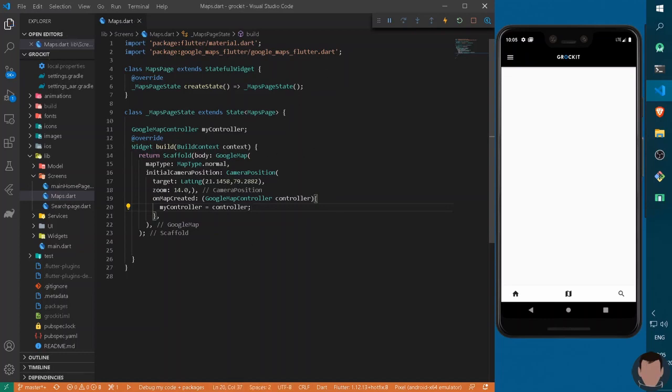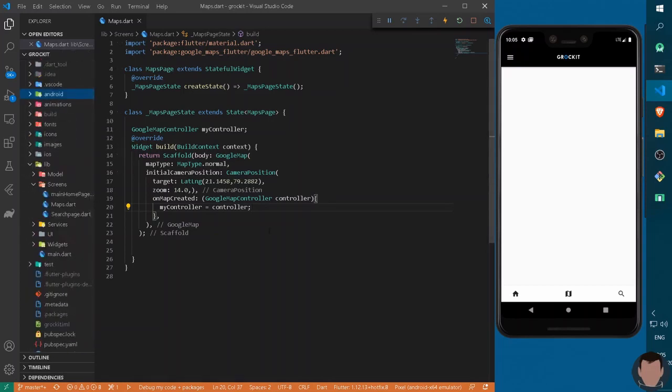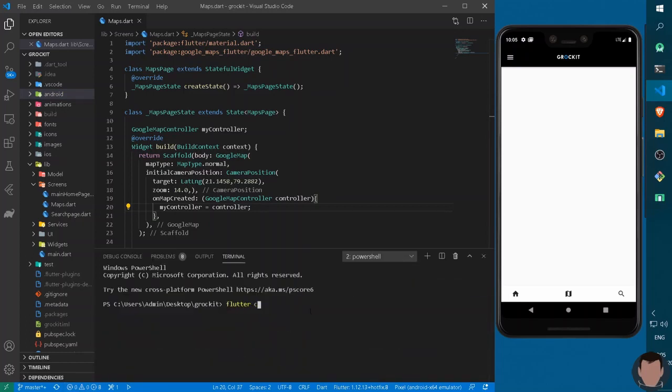We also have to close our entire application because we have added a new dependency. As you know, a platform exception error can occur, so we have to close the entire application once. After closing the application, move into the terminal of VS Code itself, and here I can write flutter clean, because as we have pasted an API key, it is necessary to clean all the previous API builds for our Flutter application. I can simply press enter and it will clean all the previous metadata.